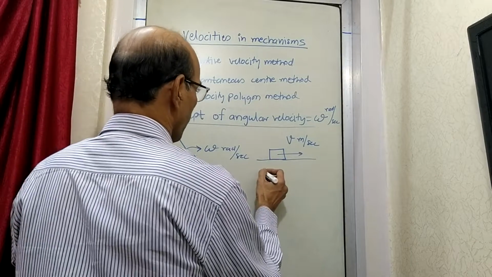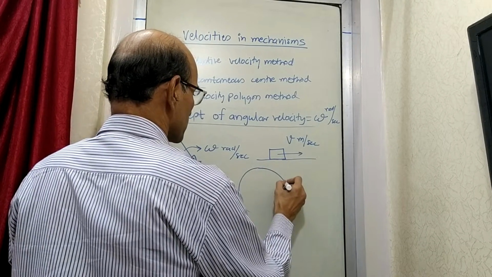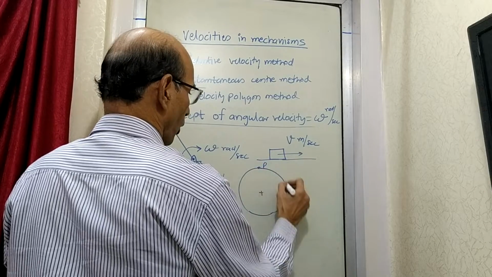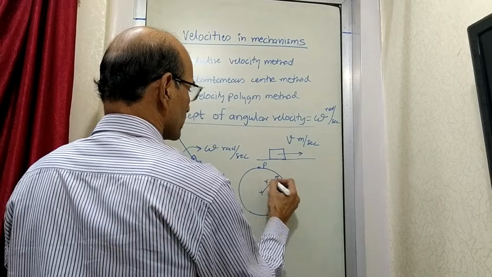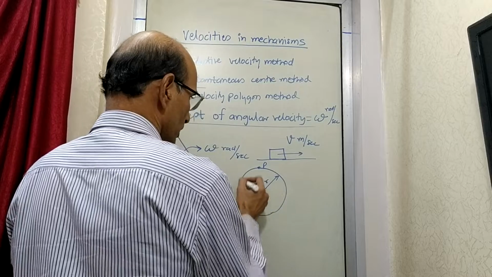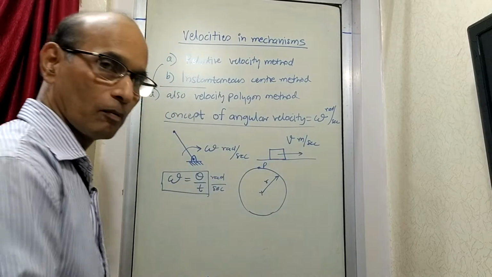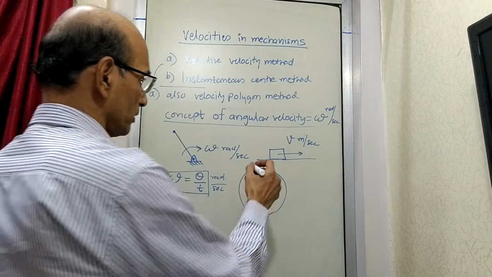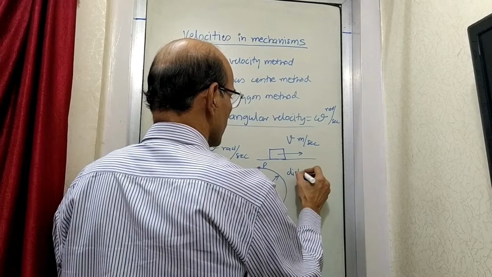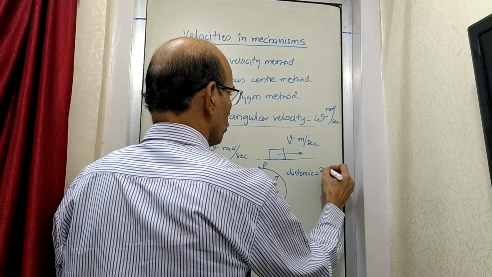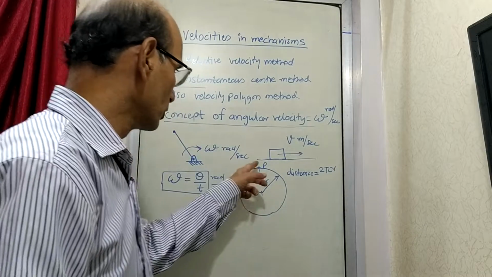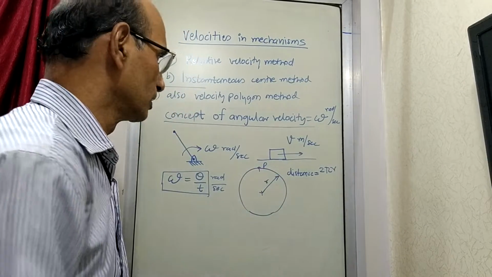See, take the example of a circle and a point moving on a circle. Suppose there is a point P here and this point is moving like this on a circle of radius r. That means it is covering this much distance in a certain amount of time. Suppose in time t it is covering this much distance. So what is the distance from here to here? The distance is 2 pi r. 2 pi r is the circumference of the circle. So it is covering this much distance in a certain time t.